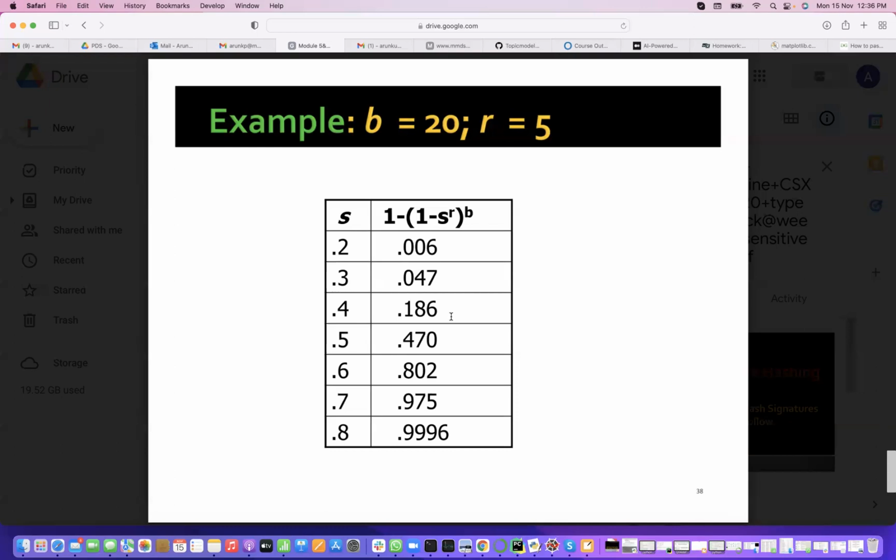0.4, 0.186. So as you increase, what is happening here? At 0.8, all are falling, right? Almost. In 10,000, you are getting 9,996. How many are you missing? Only 4 you are missing. If they are 0.8, 4 are supposed to fall into the same bucket, but they are not falling. But almost you are catching everything. So if you are increasing T, then most of the times you catch all the pairs which are similar into the same bucket.